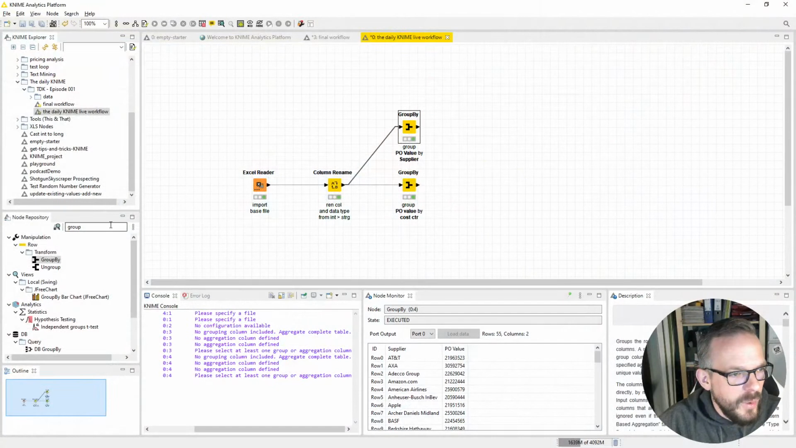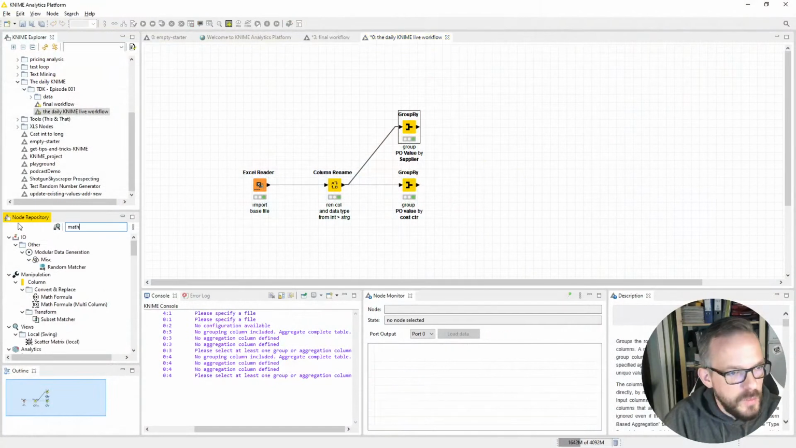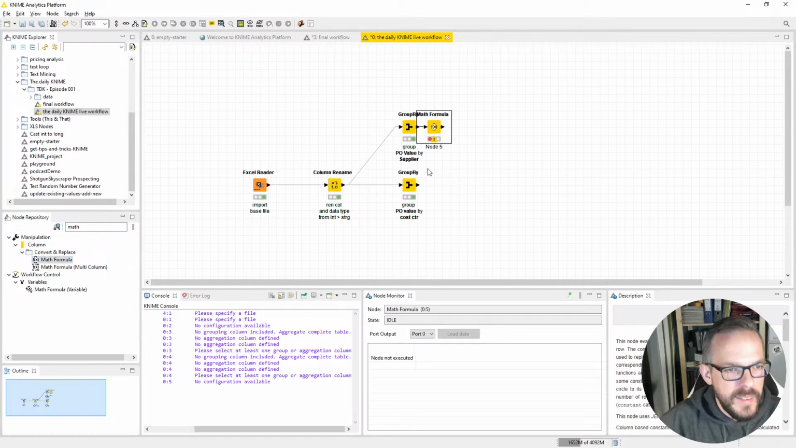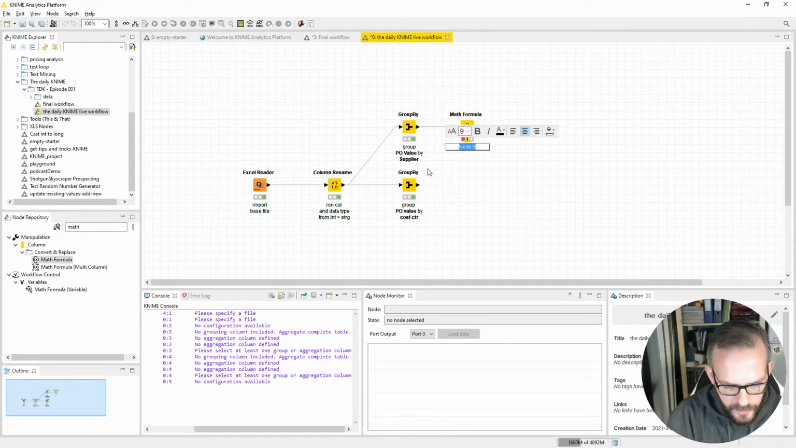All right, so let's do that. Let's just search for math. You see, not March formula, but math formula here. Double click and edit here. It's auto-connected. We just calculate supplier share